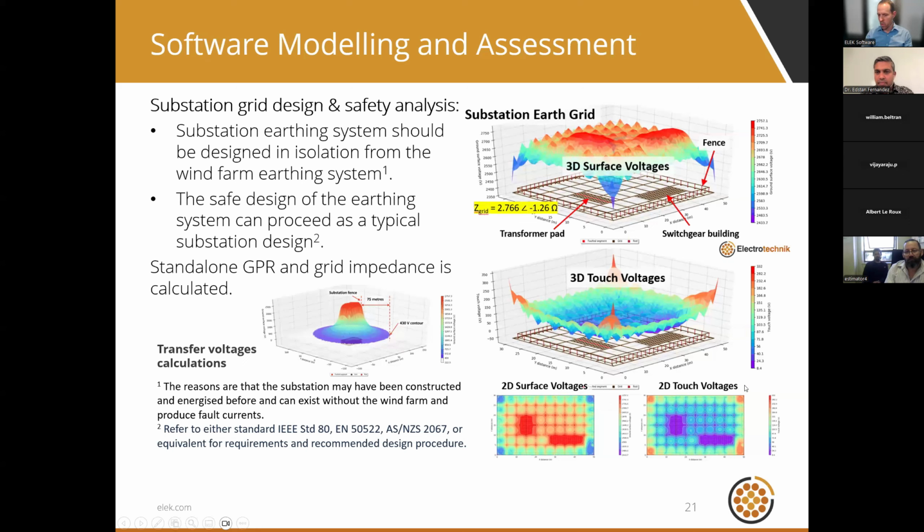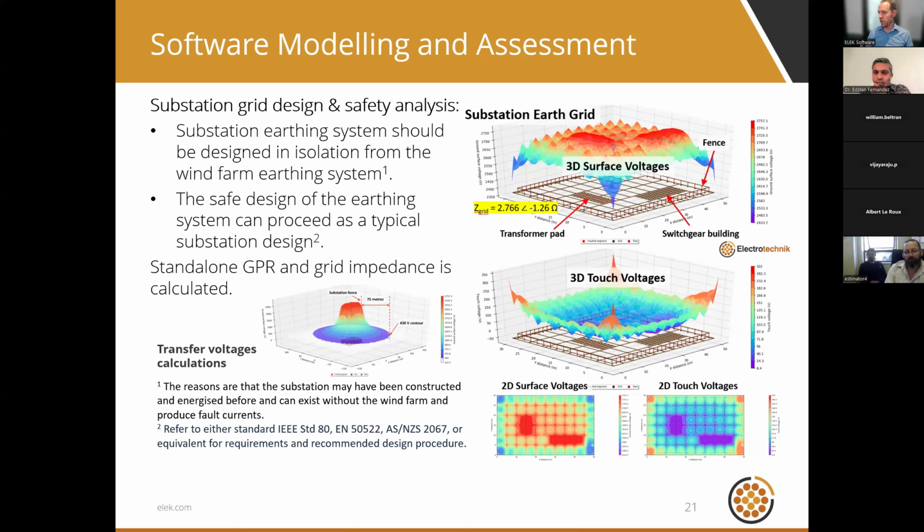You can see in the bottom right-hand corner, the plot, that again, we have the highest touch voltages at the edges and particularly at the corners. We may need to reinforce the earthing system at those locations. So we'll look at those things during the design modeling stage. We will determine GPR, grid resistance. Those are good things to know and to determine.